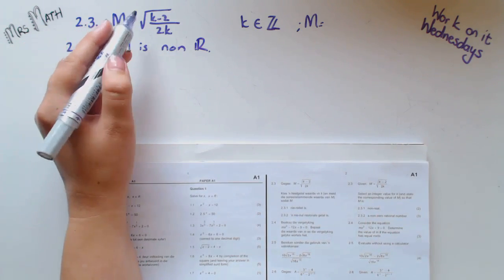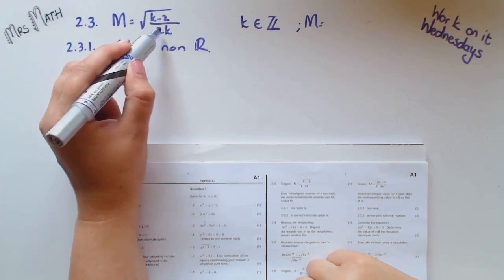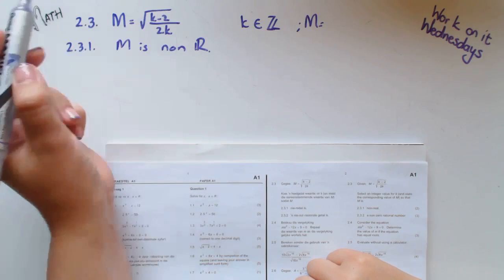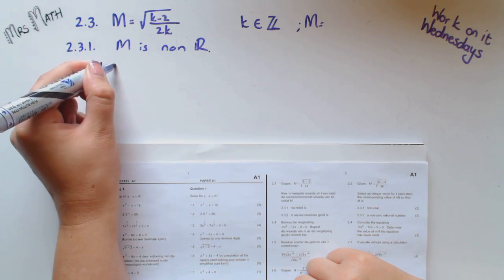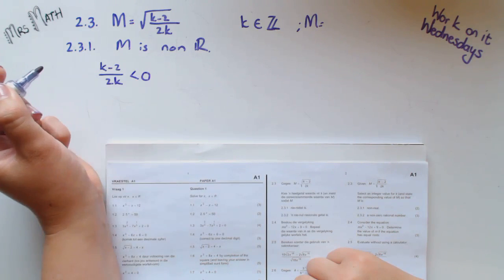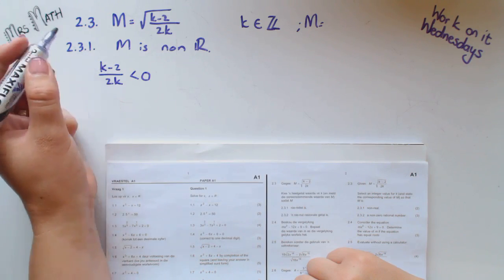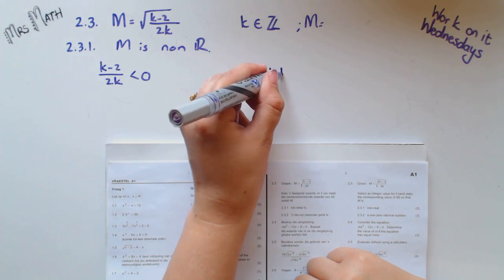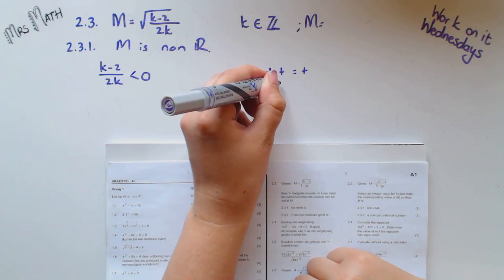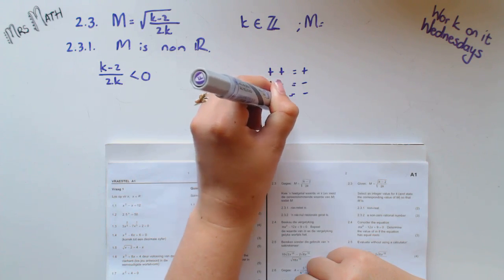Now for m not to be real, I need the expression under the square root to be negative. So what I want to do is I want (k minus 2) over 2k to be negative. Hopefully you know, but if you don't, a plus times a plus is a plus. These things, you know them. Plus times a negative is a negative, and a negative times a negative is